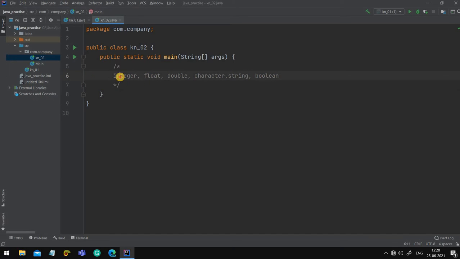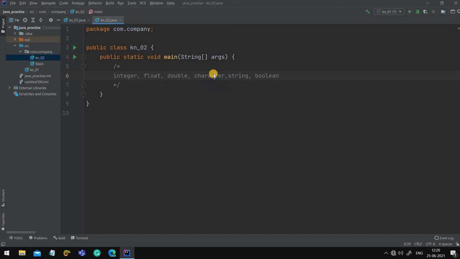For example, this integer data type is used for storing numeric values. Okay, and there is some specific range of this integer that I don't remember exactly, but you can check it out in Google or a book. This float stores the decimal values, or the value with a decimal point. Okay, for example 1.1, 2.1. Now what does this double do? It also stores the decimal values, but the difference you will get to know within some time. Let me explain character, string and boolean.